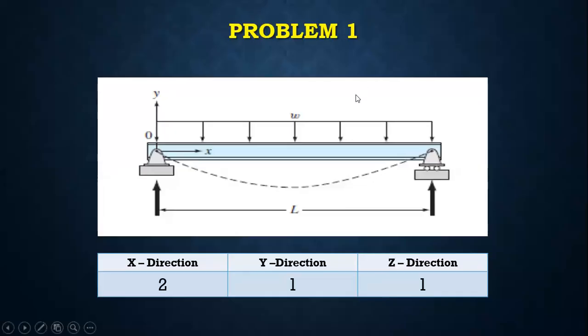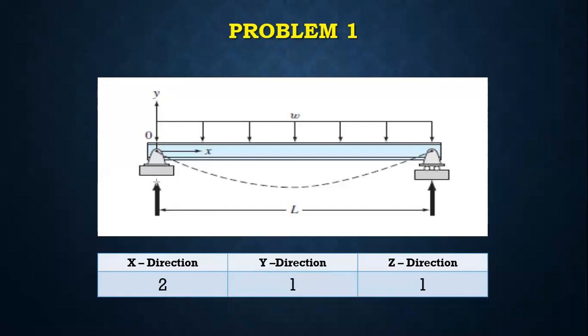So problem number 1, the fundamental concept of developing a grid system is that initially the software will ask how many grid lines are required along the X direction. As we discussed in our previous class, the number of grid lines required along each global axis, x, y, and z, depends upon the number of support conditions. So if you see this